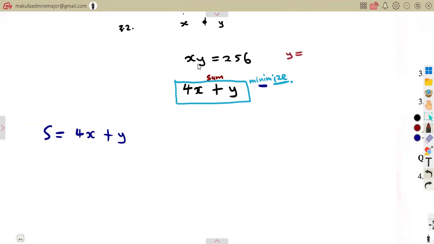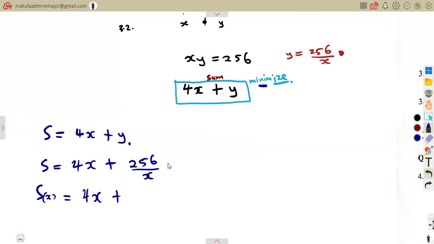So let's say I make y the subject, I divide by x, it was going to be 256 over x. So this is y in terms of x. So I can write this sum in terms of x in place of y, that is 256 over x. We just substituted what represents y in terms of x. Meaning to say we have got something in terms of x that we do understand,